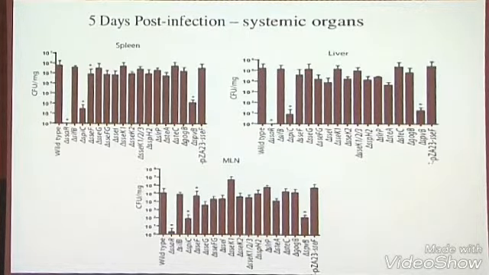Okay, what happens when you turn to the animal? Well, again, Michelle did this and looked in the spleen, the liver, the mesenteric lymph nodes. And first of all, you can see in all cases, when you compare the wild type to the SPI-2 mutant, SPI-2 mutants die. They basically can't live after 5 days inside these organs, and that's what we expected here. But what you see is there's some effects by some of the type 3 effectors, but many of them don't have pronounced effects in terms of long-term survival inside these animals.